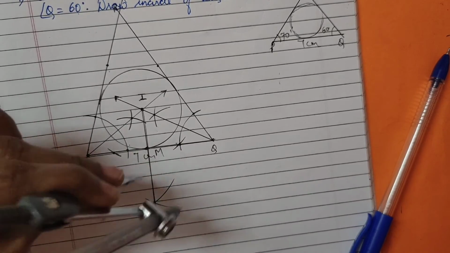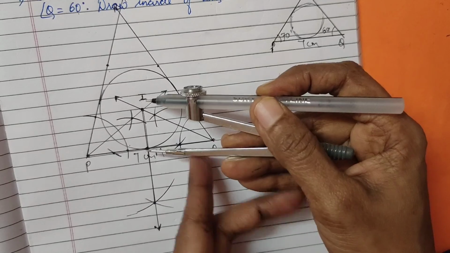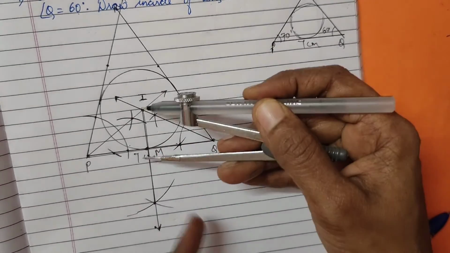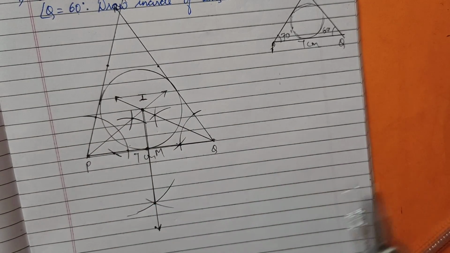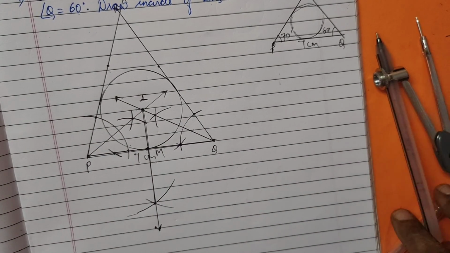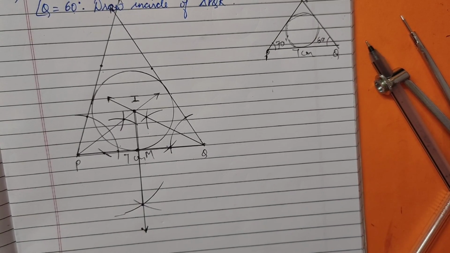Then from here I made an arc and then we joined it, and finally this is the radius. Is it or not? See, you can see this is a circle and the radius is one, and with the help of this I have made a circle here. So you will try it out finally. So what did you understand? It's very clear to everyone. If any doubt, you can ask me personally.